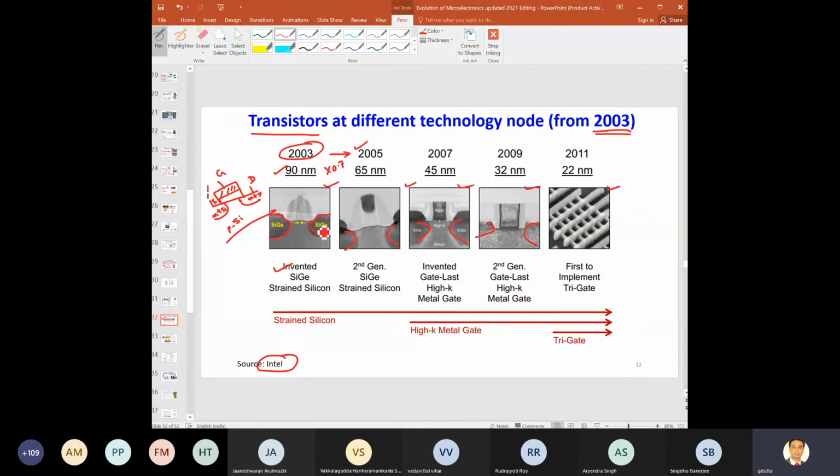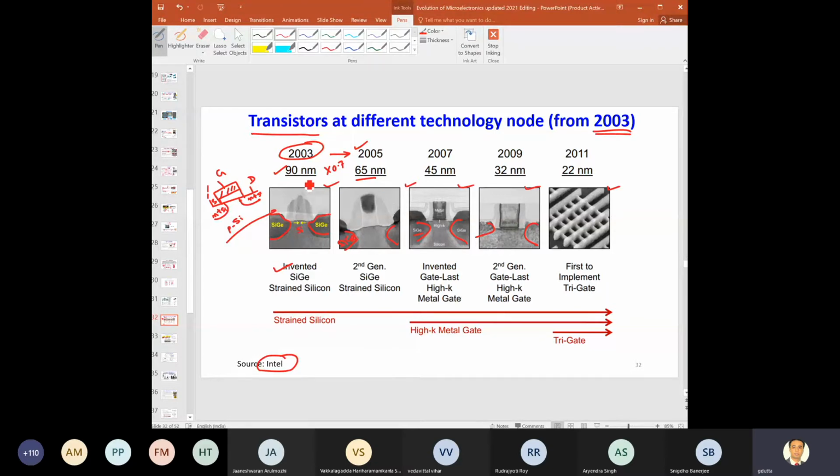When you use this silicon germanium, due to the lattice mismatch between silicon and silicon germanium, the channel, which is made up of silicon, is under some strain, either compressive or tensile, right? Depending on the concentrations and where you want to use it. More in the next slide, right? So this is also silicon germanium, this is also written here, and that has continued even in 65 nanometer and hereafter, right?